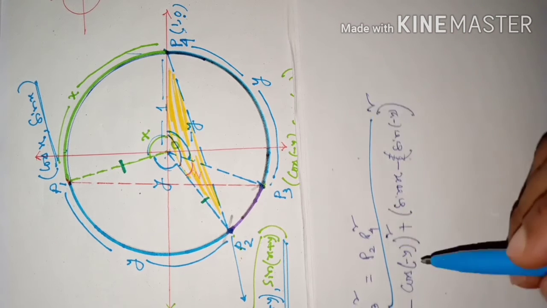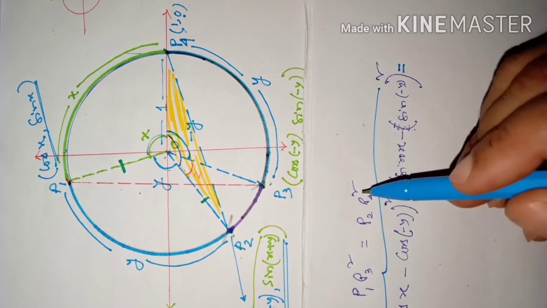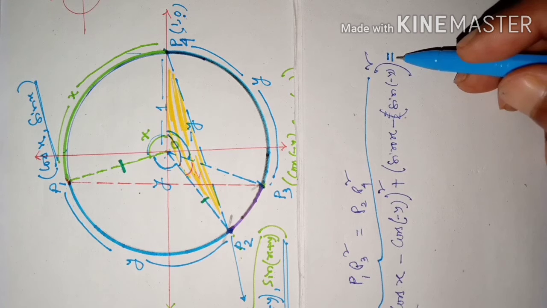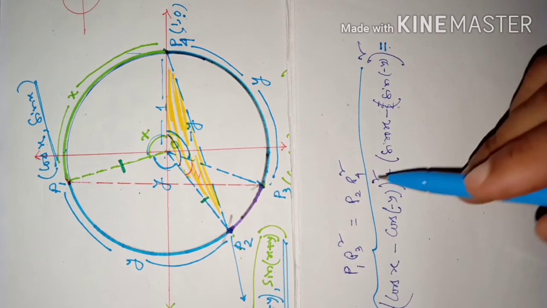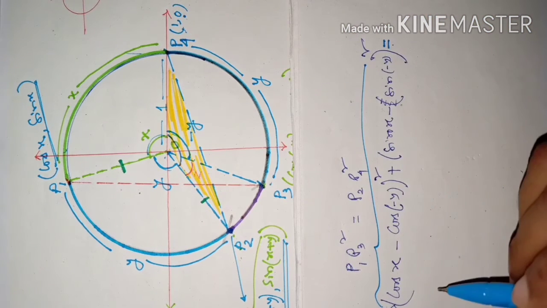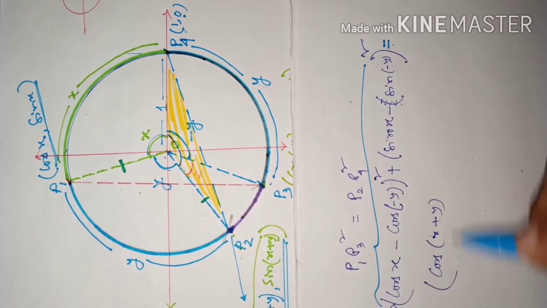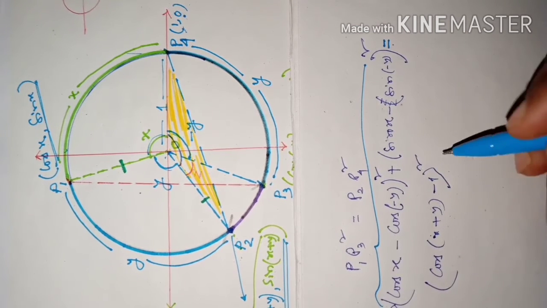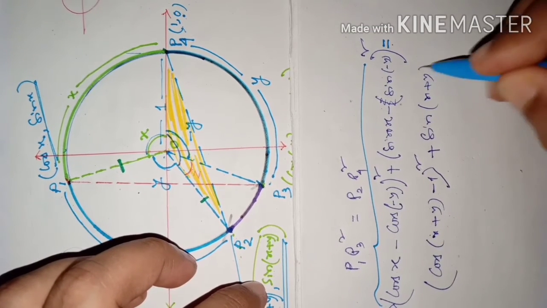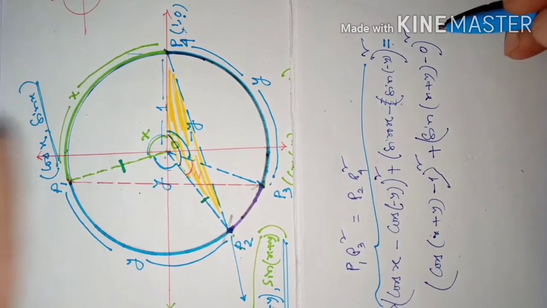Okay, dear students, the right hand side is now equal to P2P4 whole square. Since space is not here, I am writing here itself below, but after the equal sign. P2P4. P2 is what here? Cos of x plus y, and here 1. So abscissa is cos of x plus y minus 1, the whole square, plus sine of x plus y minus 0, whole square. This is the right hand side part.